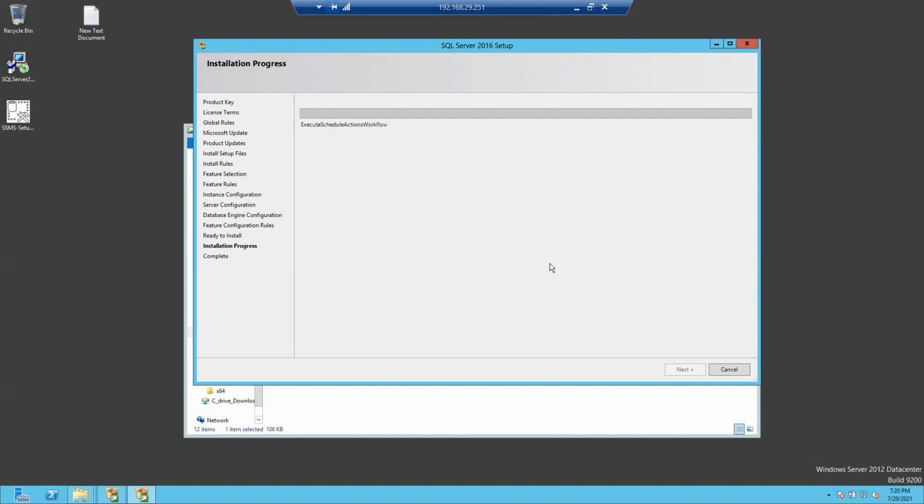In that case, you can use the configuration file.ini. You can change some server names and everything in that file and launch it from the command prompt, so the installation will happen directly. We can call that unattended installation. This is a GUI installation. I'll show you how we can do installation through the command prompt as well. That we can call an unattended installation.